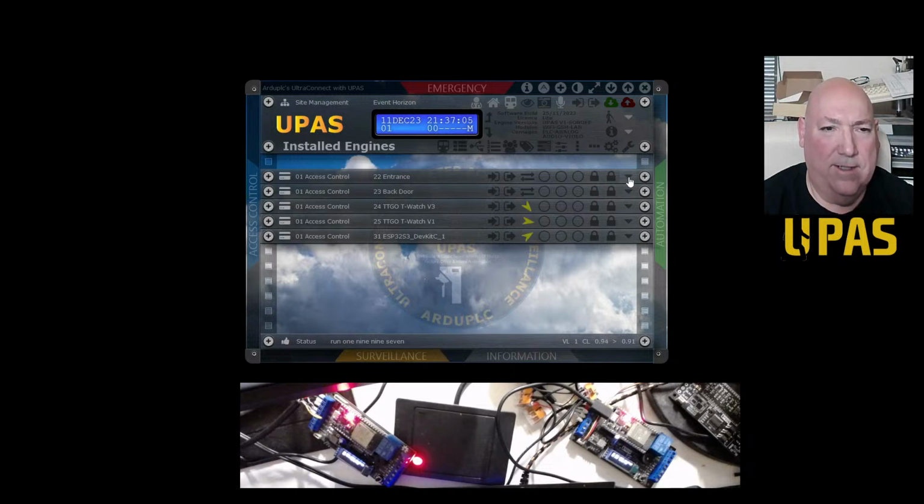Virtual server rack, and you can click on stuff. Like if I click on that one, you'll see that one light up down below. Now I've locked it open. So the relay output, I've locked it open. And you can do the same with the other one, which you can't see, but yeah.